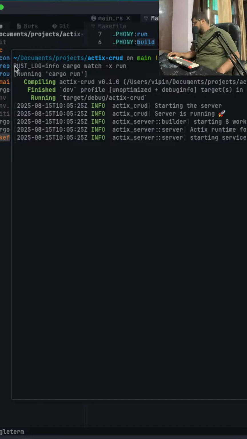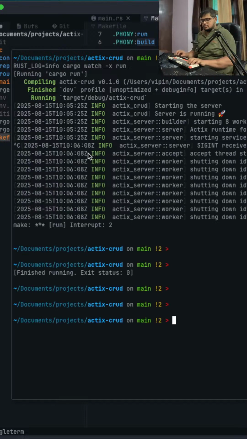So before I could create any issue, I thought I should give it a try. So you know, RUST_LOG equal to info. So this was the thing that needs to be done. Now if I close this thing,